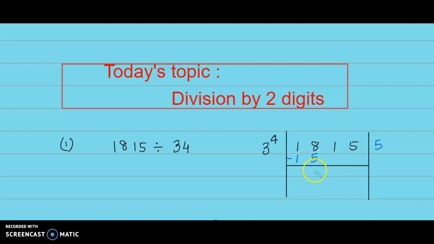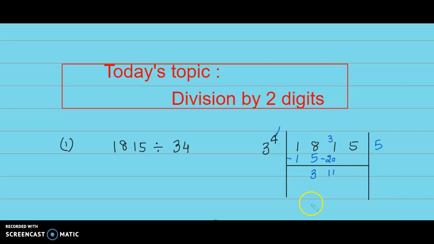So 18 minus 15 gives you 3. Now this 3, you can take this 3 at this place and this number will be 31 now. Next step is this 4, from this 4 you multiply this 4 and this 5, and whatever is the outcome you subtract from this 31. So 5 times 4 is 20, so you have to subtract 20 from this 31, so you get